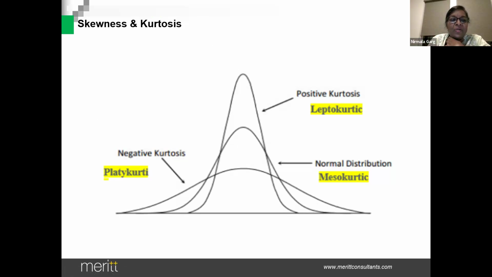The third one is called the positive kurtosis. That means your data is clustered together. There is not much spread with this curve, and this is called the kurtosis. This is very narrow. Now this is your normal